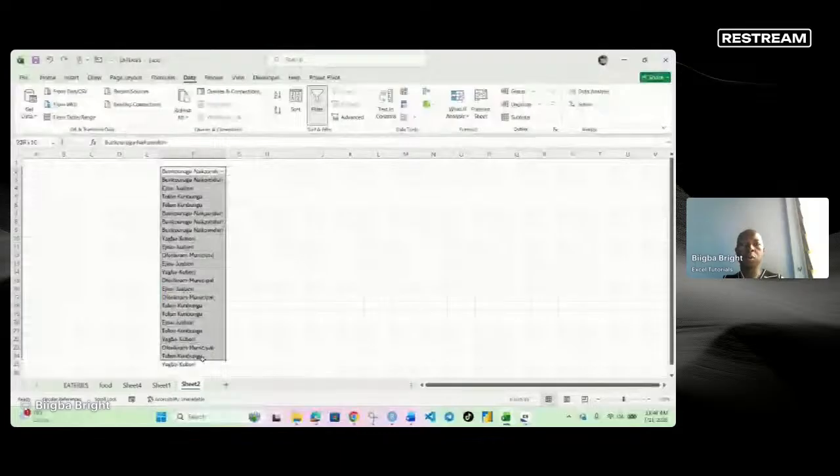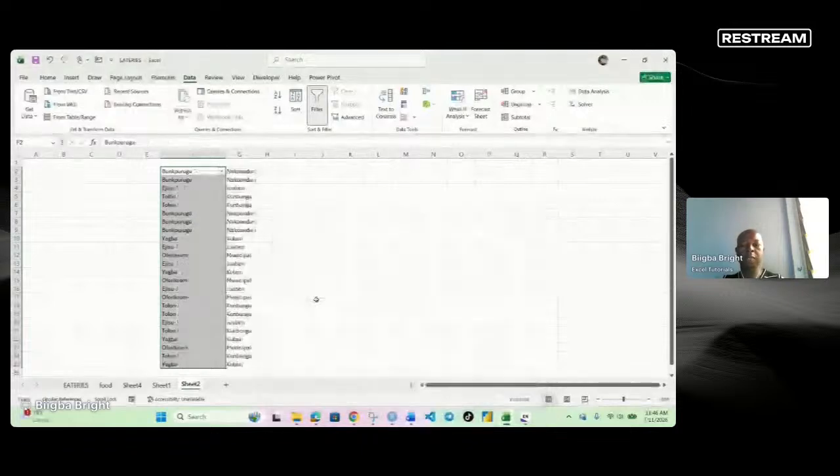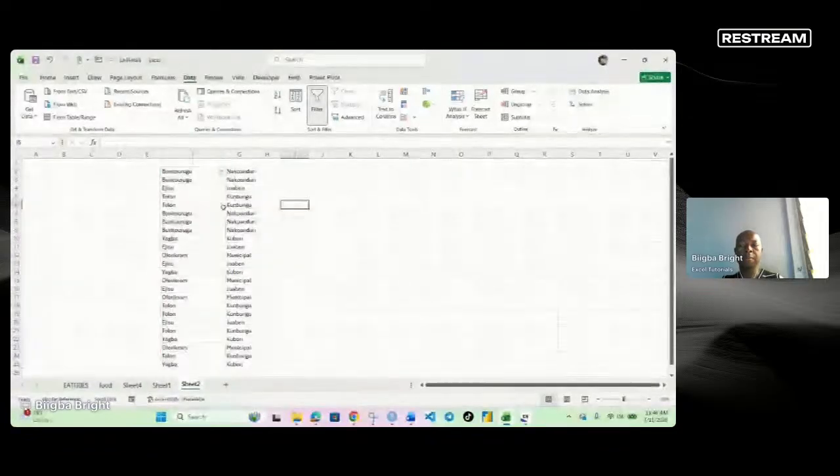And then come to text, and then come and use next. This time around, we are using the delimiter, which is dash. You can see that Bumpurugu dash Nabanduri, Ijisu dash Joabin, and then in that order. So we click on others, and then we use dash. And if there's nothing more to do, don't click next, just say finished. You see that the data will be separated the way it works. You can also apply more than one condition. So for this one, we've separated just using the dash. We could have separated it using a different condition. Let's see. I'll click